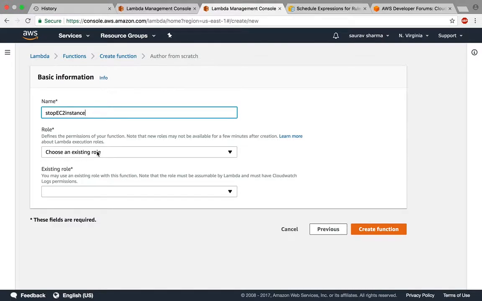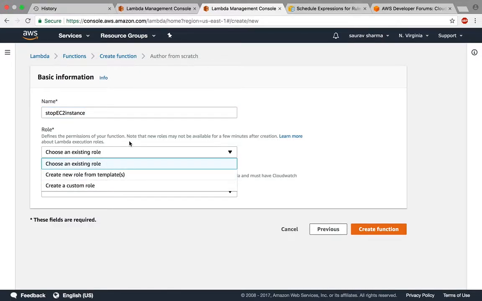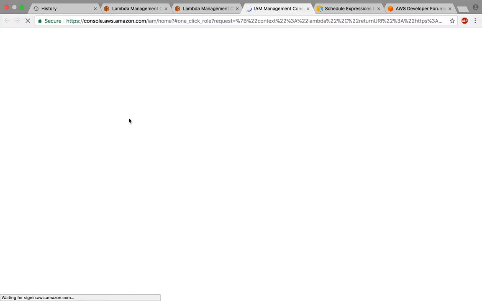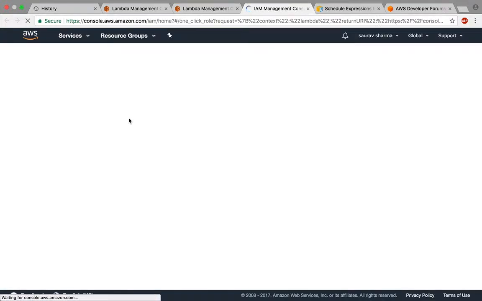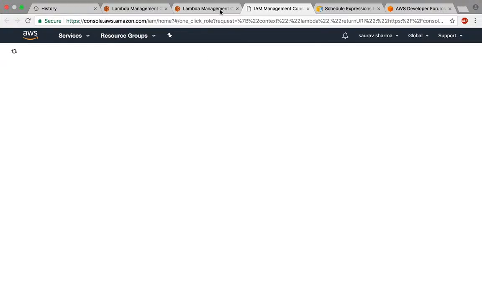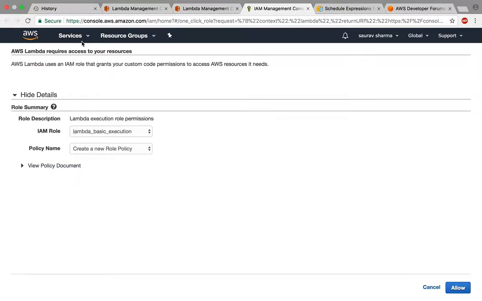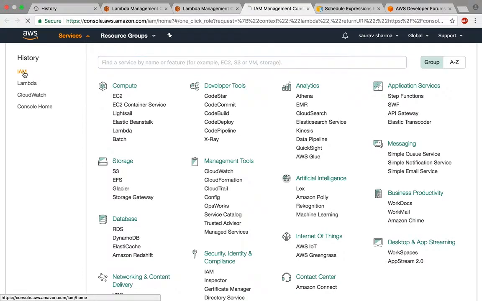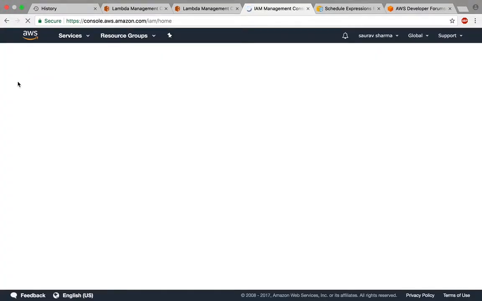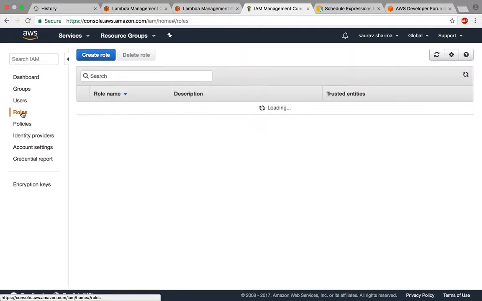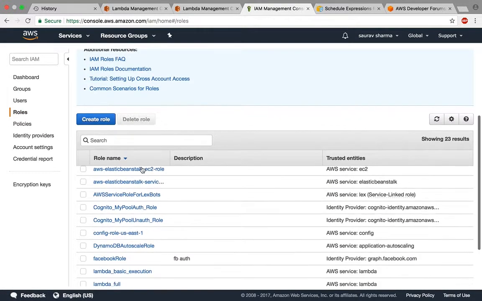So I can either give my Lambda function a role just for that task, or I can say I want to give this a lot more permission and give it an admin role. So let's go and create a custom role. And actually, let's do this. Let's go to IAM, and on the roles, I'm going to create a new role and